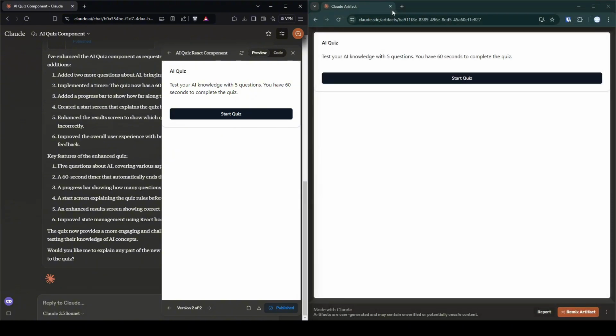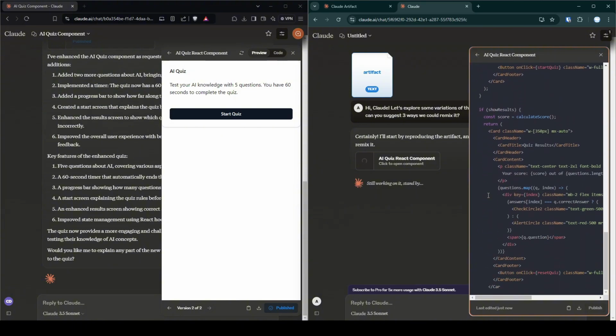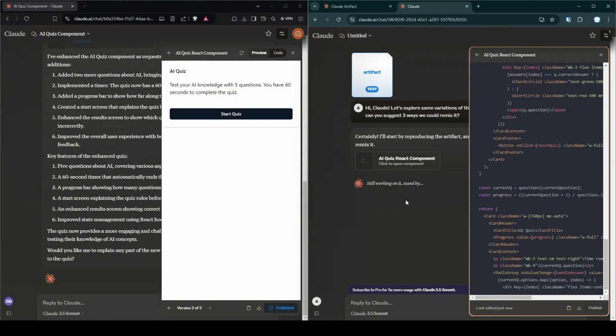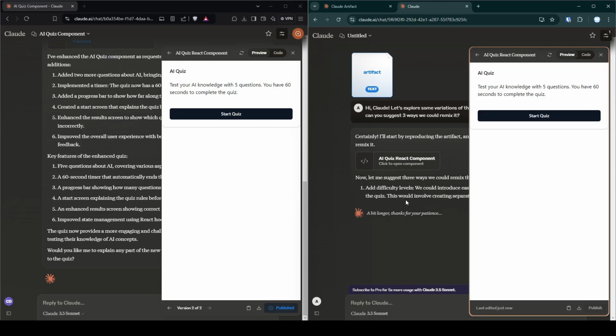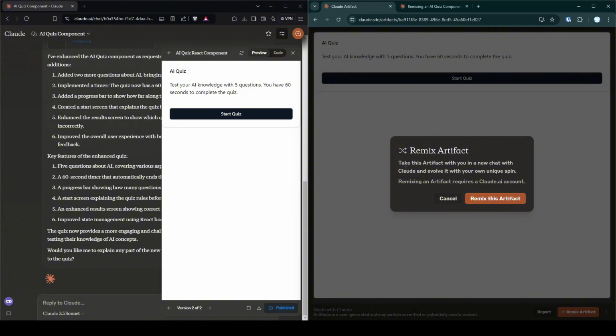So let's close this incognito window and use the window that we have a logged in user. So let's remix artifact. Okay, so we can see here that I'm not sure if you caught that part where it says what will happen if you remix the artifact. We can go back to it later on. I think it's here. Yes, it's here.